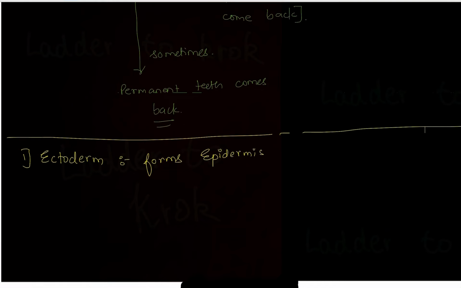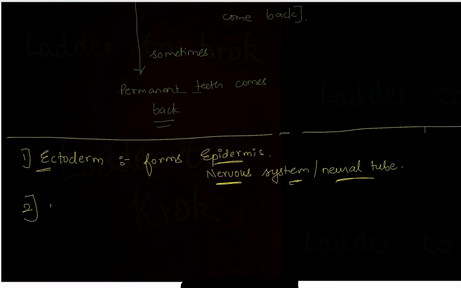epidermis, nervous system, and instead of nervous system, sometimes they give neural tube. Okay, so you should know that ectoderm forms your epidermis, the outermost layer of the dermis, and nervous system and neural tube. So if they give you a question that a person or a baby does not have a nervous system, the reason for it is ectoderm. Okay.